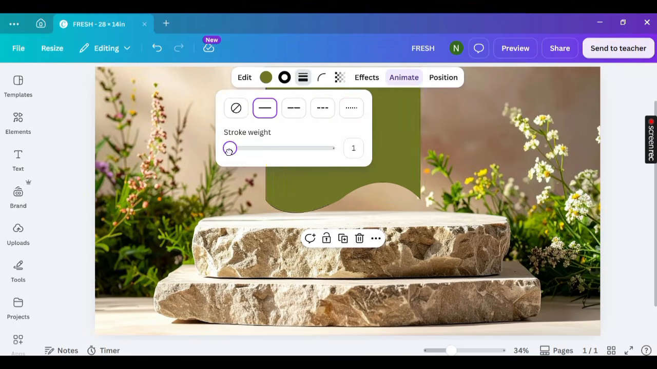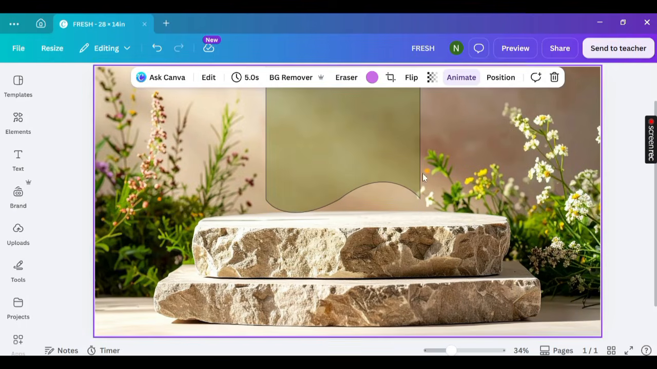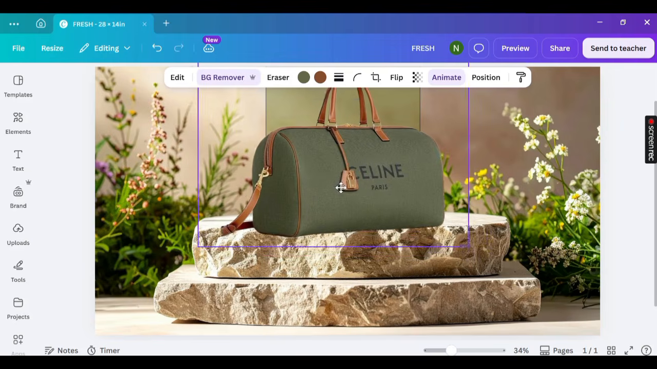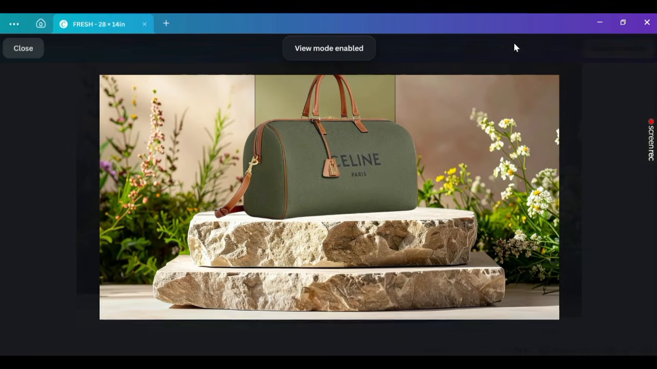Increase the size of each duplicate slightly while lowering transparency progressively to create realistic depth. Add a smaller supporting frame overlapping one edge